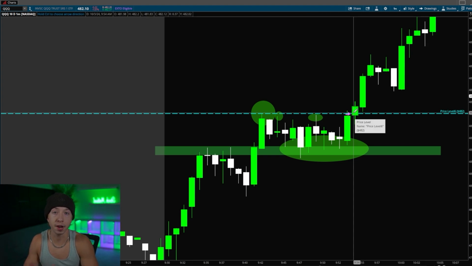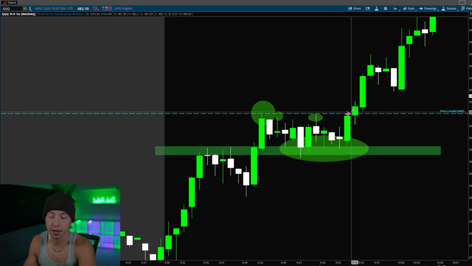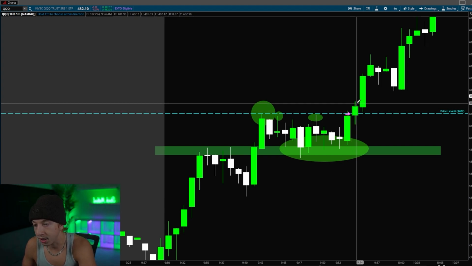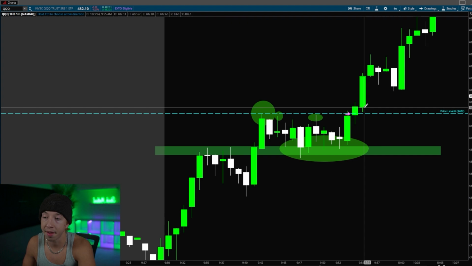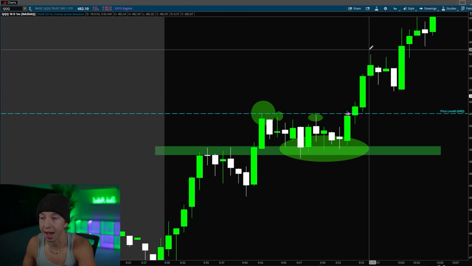So if we weren't able to break out previously because there was not enough buyers, and then this is showing that there's a lot more buyers here than sellers, red to green, that means that there's more buyers here, which will more likely bring us above that 482. Red to green, time of sales is probably going crazy. We get in. And as you guys can see, we came up, closed above that, retested 482, and then absolutely